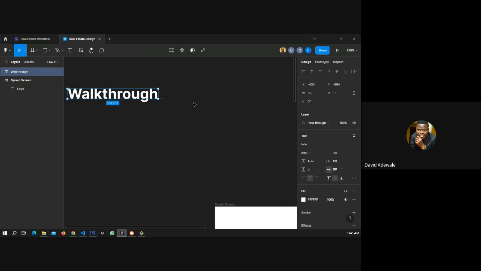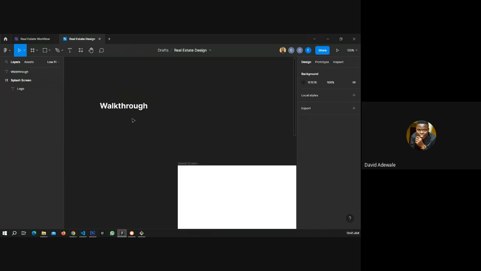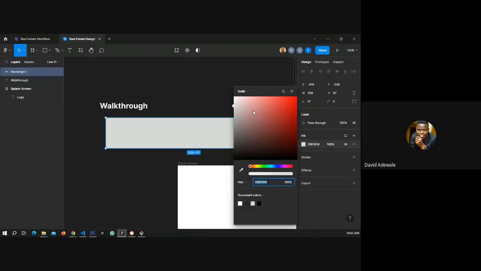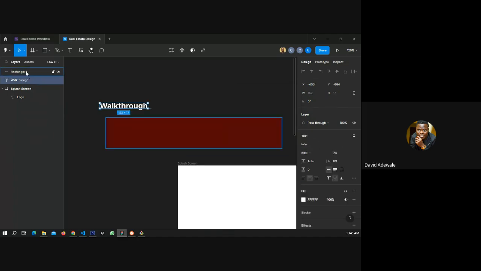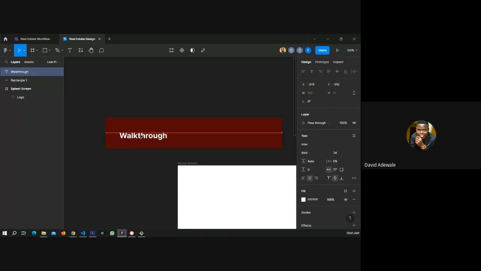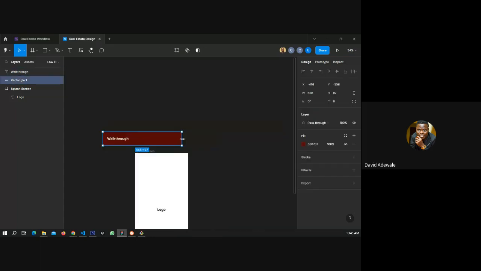So this is it. And then let me put it in a frame. I'm sorry, a container. A very bright one, so that I can easily see it. Yeah. So this is my walkthrough.